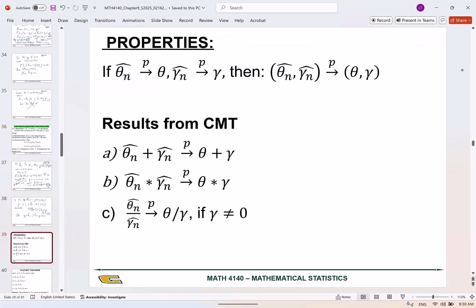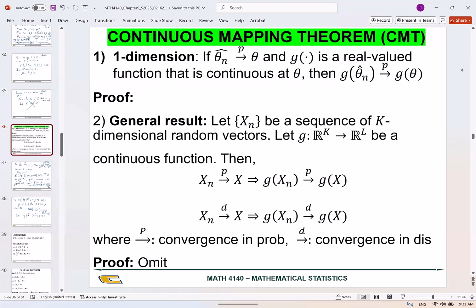And with that, especially with the multiple version here, the general version here, it gives us a lot of things. So one thing is that